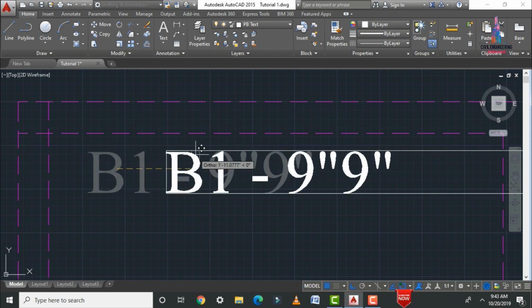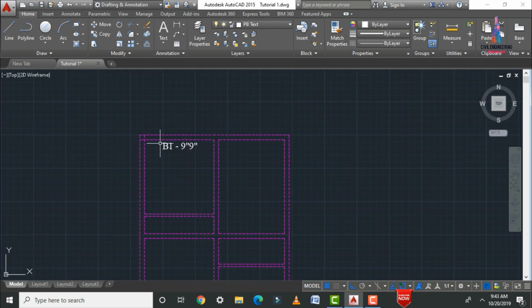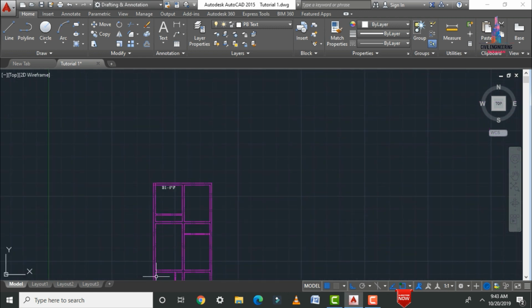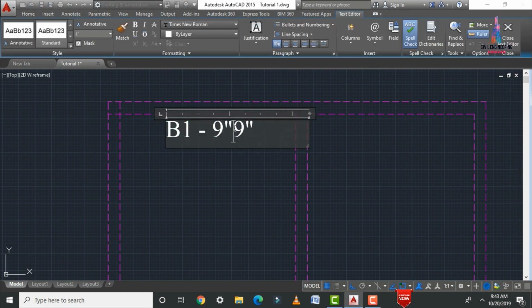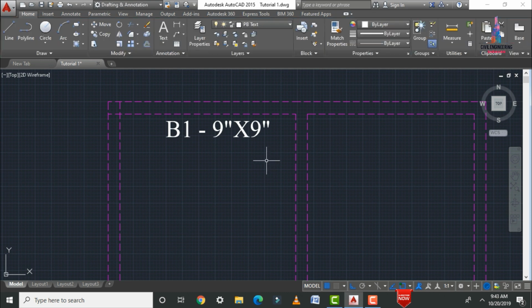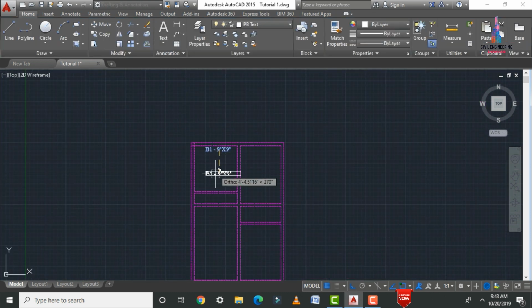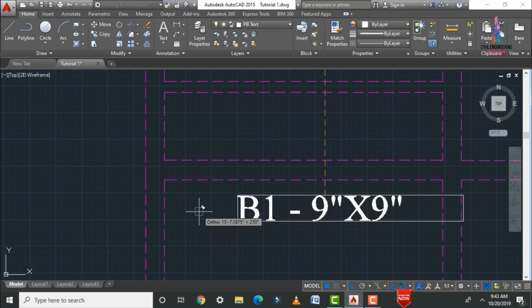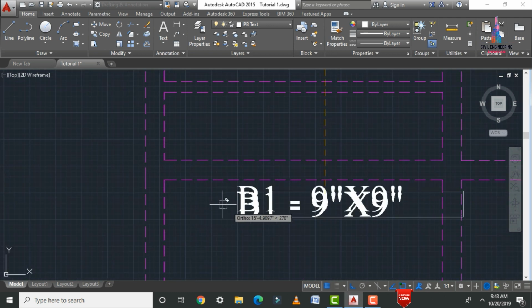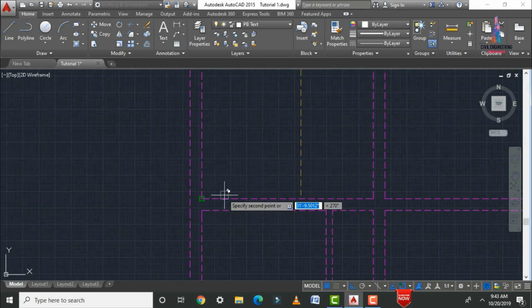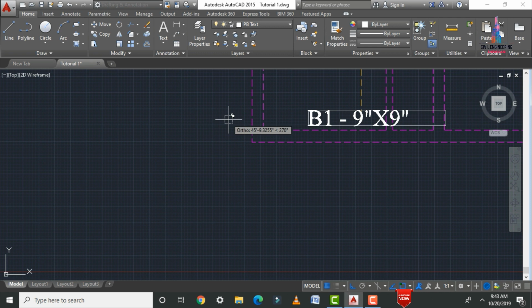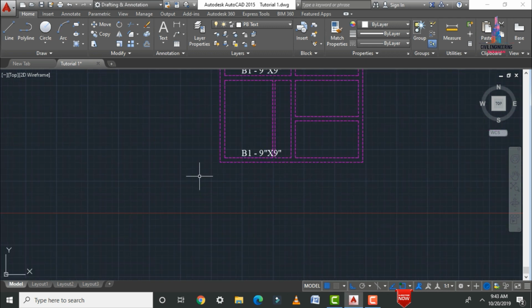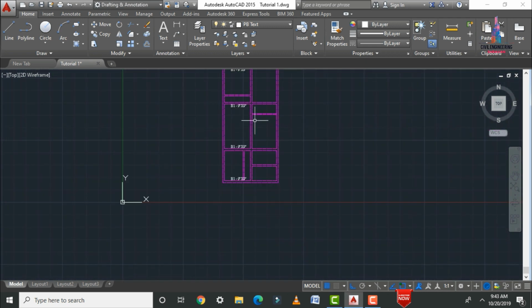So here I am taking this B1 section. So this respective B1 section is the same for this and for this. So for that we have to copy this respective B1 section, which is consisting of the dimensions as 9 inches cross 9 inches. So click on copy option, click on enter, select this B1, click on enter option, select the option which is related to the copy. So select this point. Again in the same process we have to select this respective point. So here I am selecting this respective position point. Okay, why? Because this respective beam is the same for the entire process, so that's why I am selecting this B1.